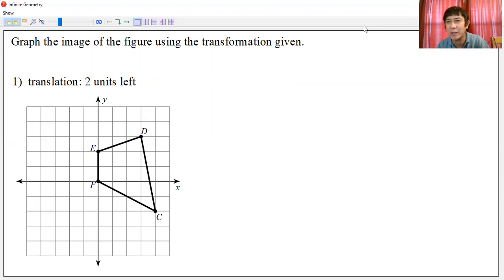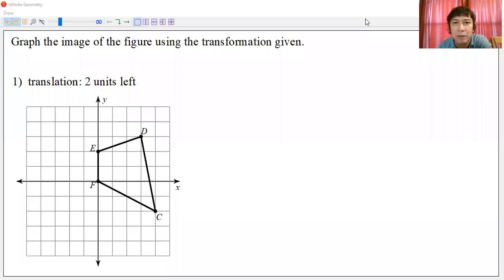It will only slide to a different location. So there will be no change in the angles, lengths of the sides. If it's a polygon, there will be no change in the sides, shapes, and angles, and the shape and size will remain the same. All right, so let's have the first number. We're supposed to do translation, and then the rule is 2 units left. And so we're going to have this figure